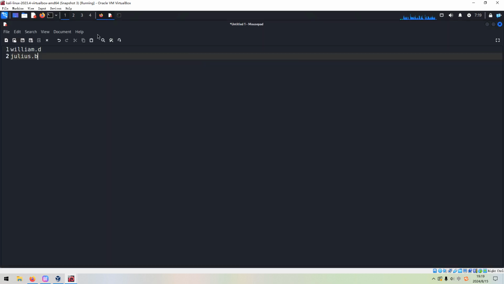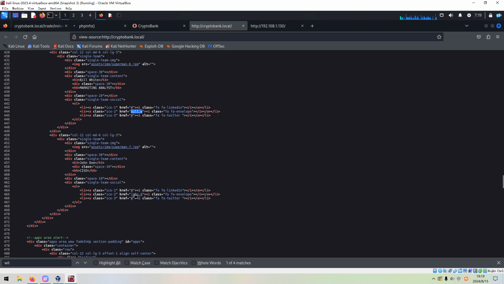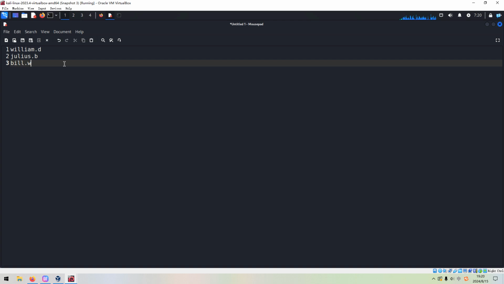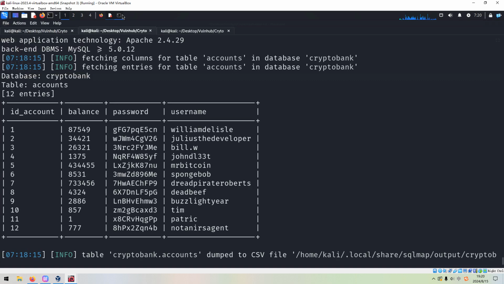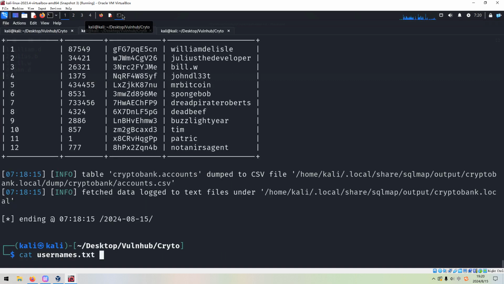Enumeration is very important, and we can put it here. And the last one is John. Also, we can paste in here. We can save, and we can use a file name like usernames.txt. Okay, we can cat out the usernames.